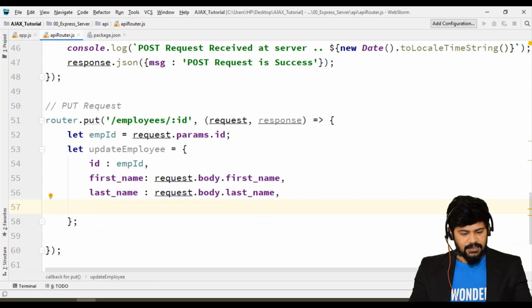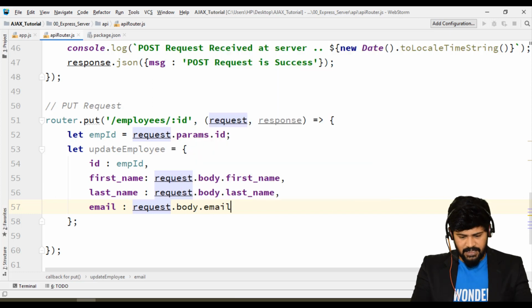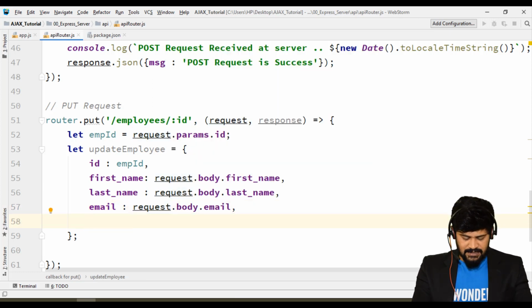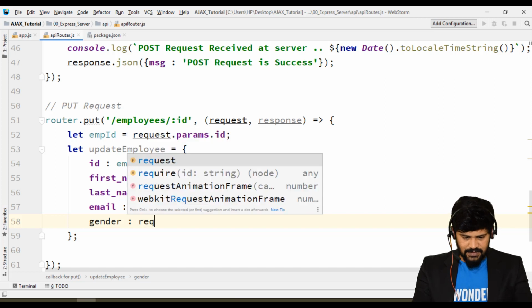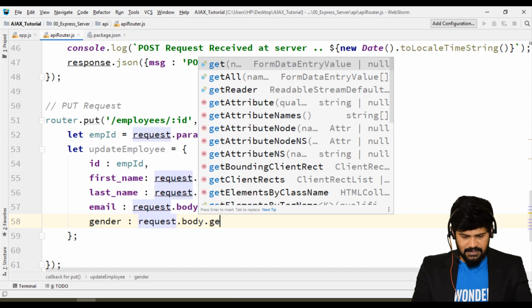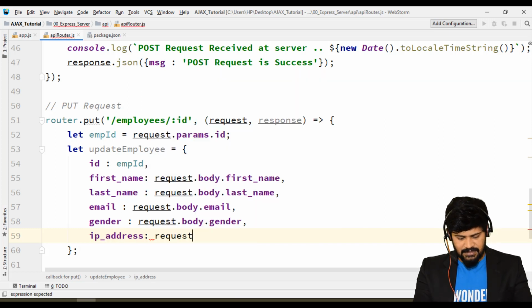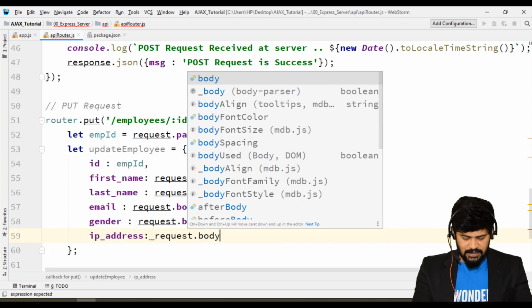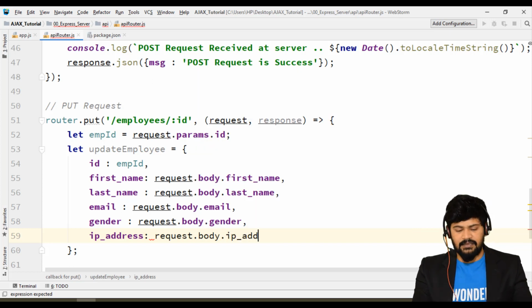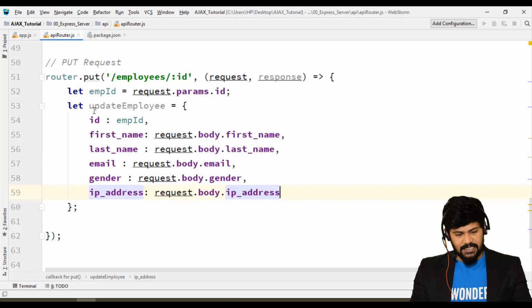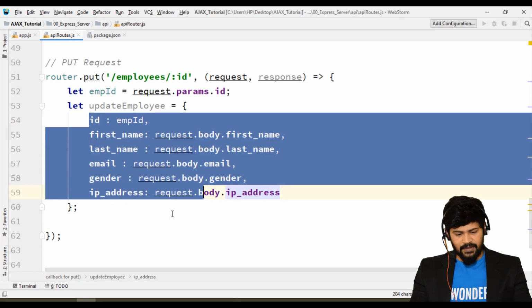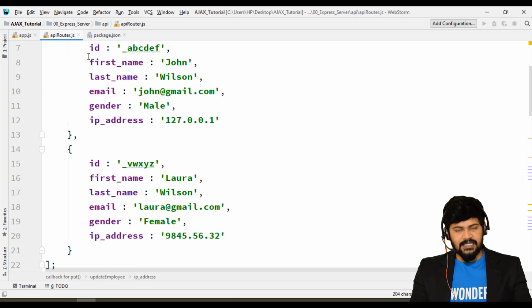Next email, again request dot body dot email, and gender, request dot body dot gender, and IP address is going to be request dot body dot ipAddress. Okay, I got this data, and this particular object I want to update in the existing employees array.